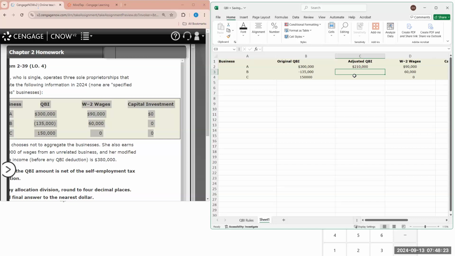So based on that information, the negative QBI from business B is apportioned 66% to business A and 33% to business C. So when we're deducting this 90,000, it's not just the 90,000 in wages. It's essentially, so we'll do it this way. Business A, we have business B. So we have business income,